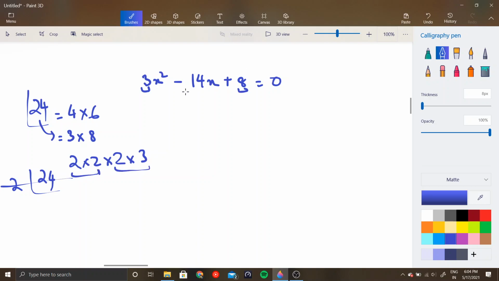Okay. Can you make 14 using these numbers? Is it possible to make 14 using these numbers? Right? If this is possible, then only you will use the factorization method. Can you think of a number that will give you that? I'll give you some time. When you're done, just come back to the video and look at the solution. Okay, cool.